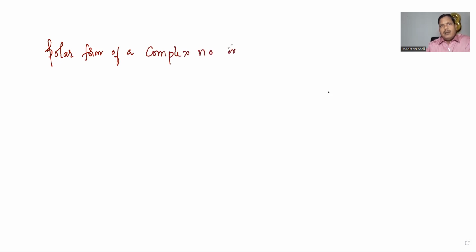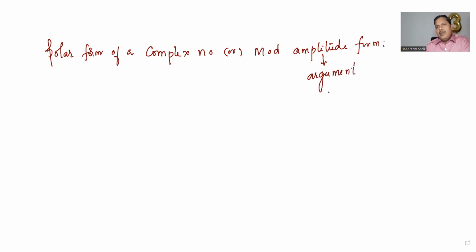Complex number, or it can also be called the mod amplitude form. Amplitude is nothing but, try to understand, it is the argument of a complex number. For example,